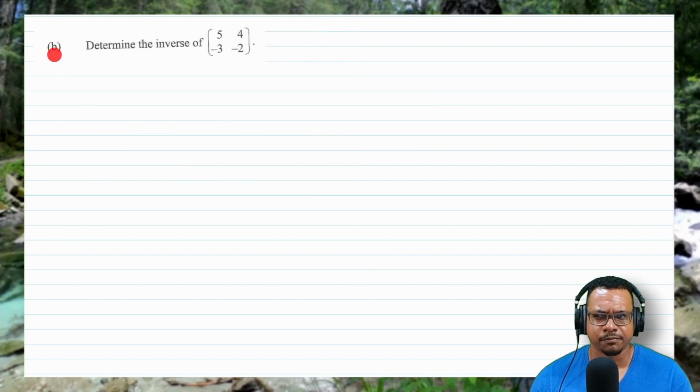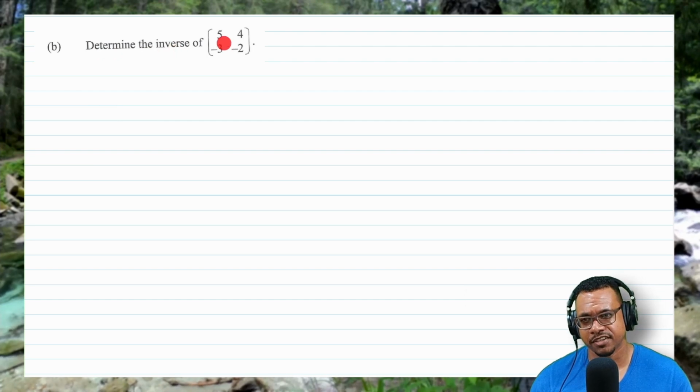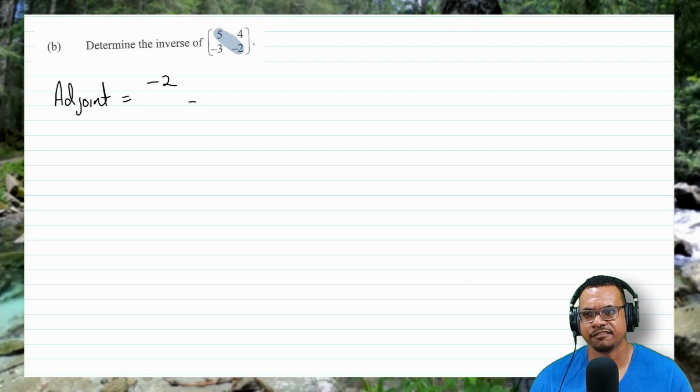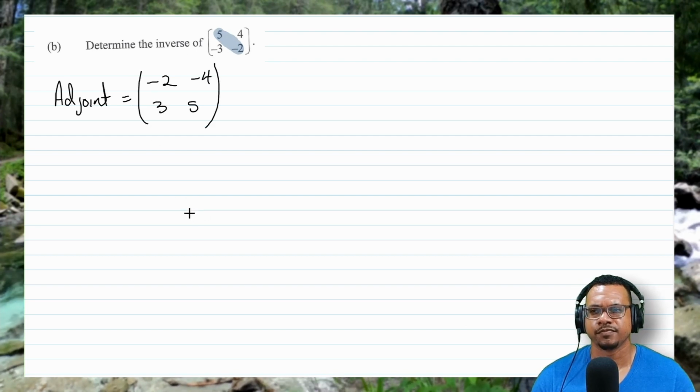All right, so moving on to part B, we want to determine the inverse of this matrix. So first we need the adjoint of this matrix. So first we identify what is the leading diagonal, and the adjoint will be equal to you interchange the leading diagonal. So you can have negative 2 on top and the 5 below. And you change the signs on the non-leading. So negative 3 turns to positive and 4 turns to negative 4. Okay. Then you need the determinant,